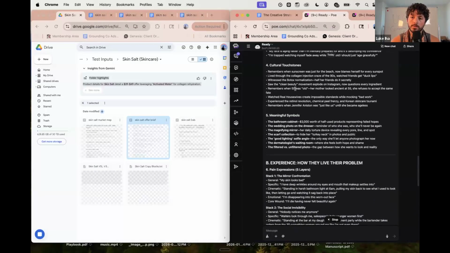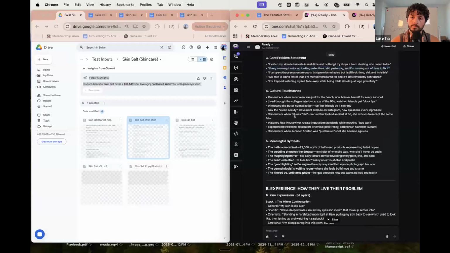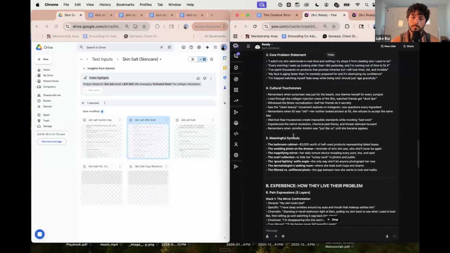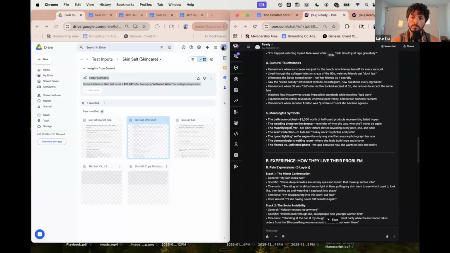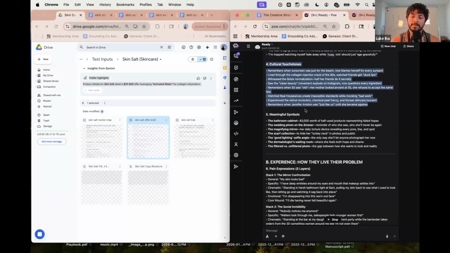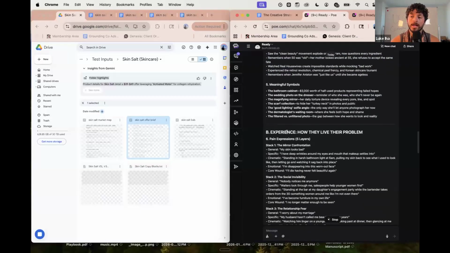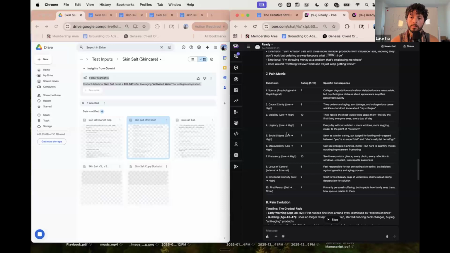Let's look at these cultural touchstones. These are okay. The other cool thing is this should just trigger new ideas. Maybe that's not perfectly accurate, but now you can start to think of other cultural touchstones. Yeah, this one is token intensive, so you really only want to use it once.